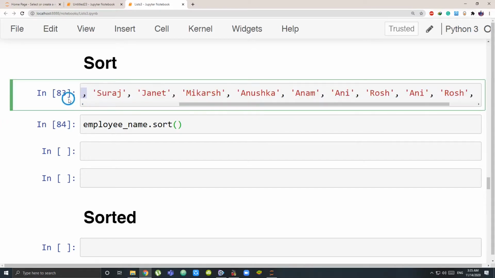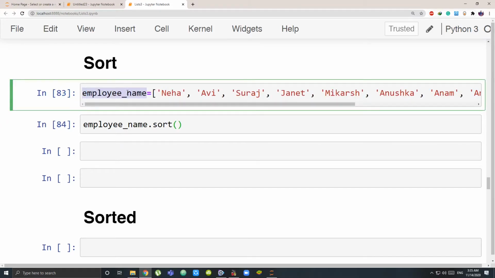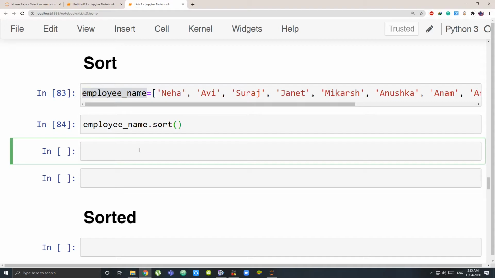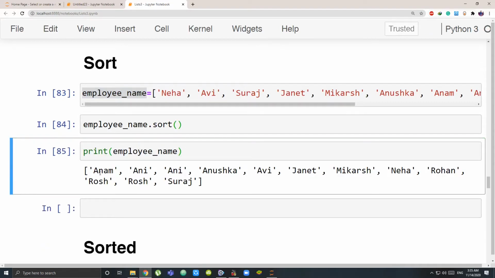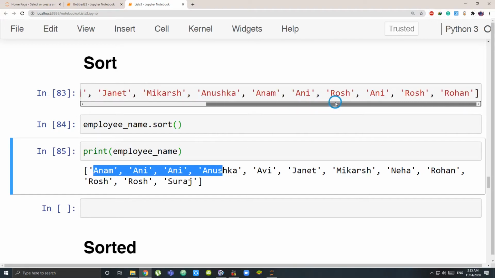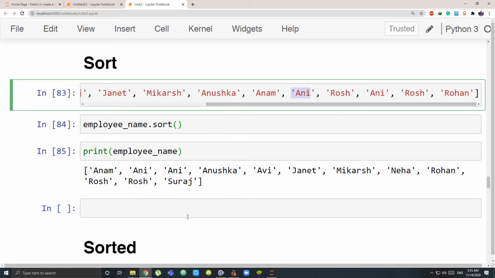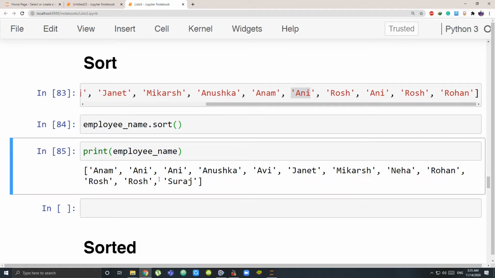Now let's print our employee name and see what it is looking like. Now you see it started with Anam, then Annie. I think we are having 2 Annie. Let's check. Do we have 2 Annie? Yeah, we are having 2 Annie. So it took 2 Annie, then Anushka, then Avi, then it went in alphabetical order to give us